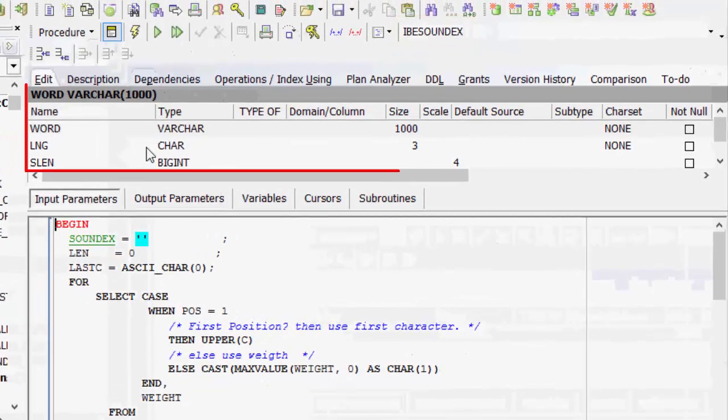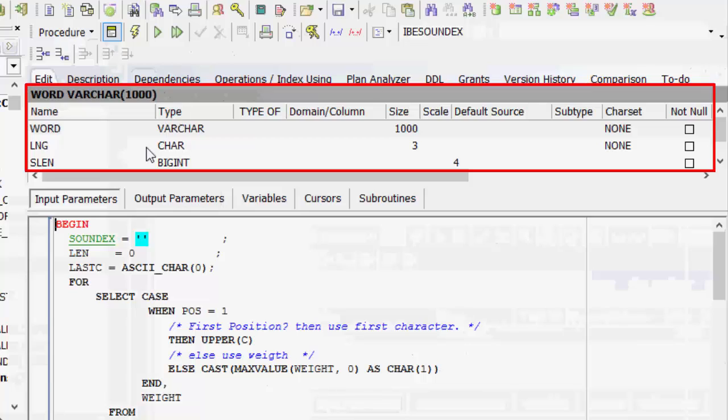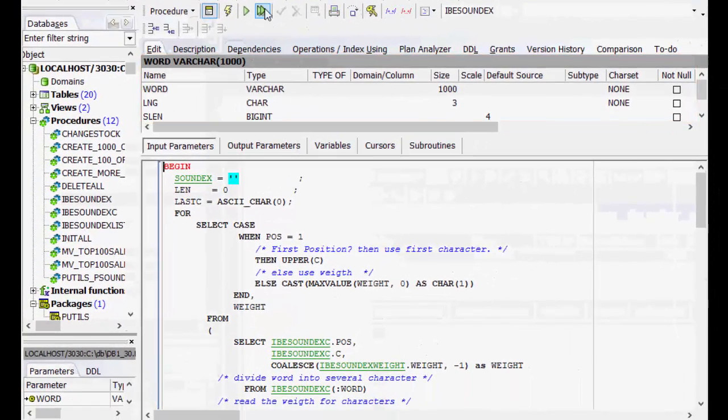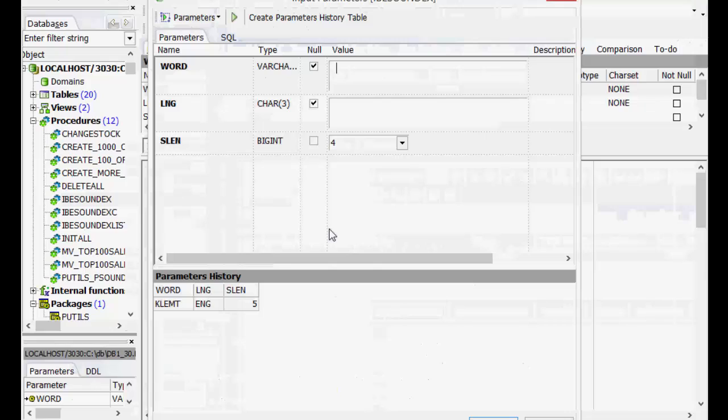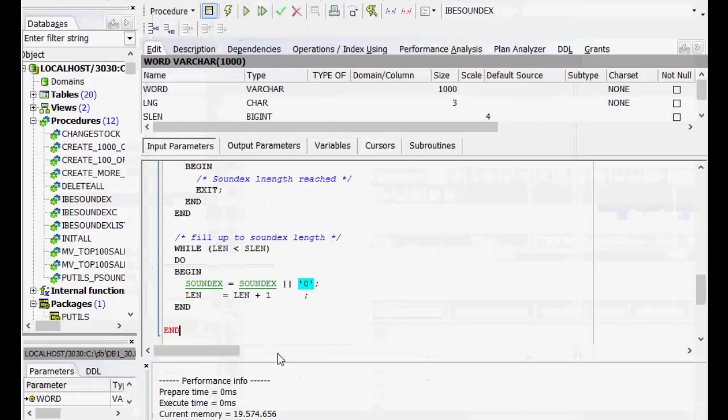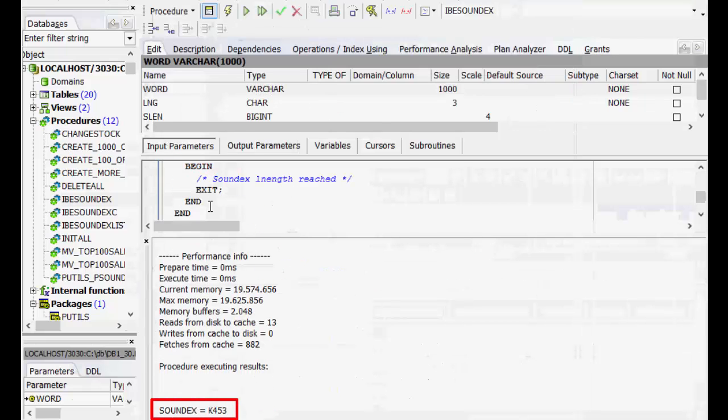3 parameters for the word, language, and string length. When we start it and enter the word that we are searching for, here Klemt, language English, the result is K453. The results are always based on groups of similar sounding letters, and groups for the SoundX functionality come from